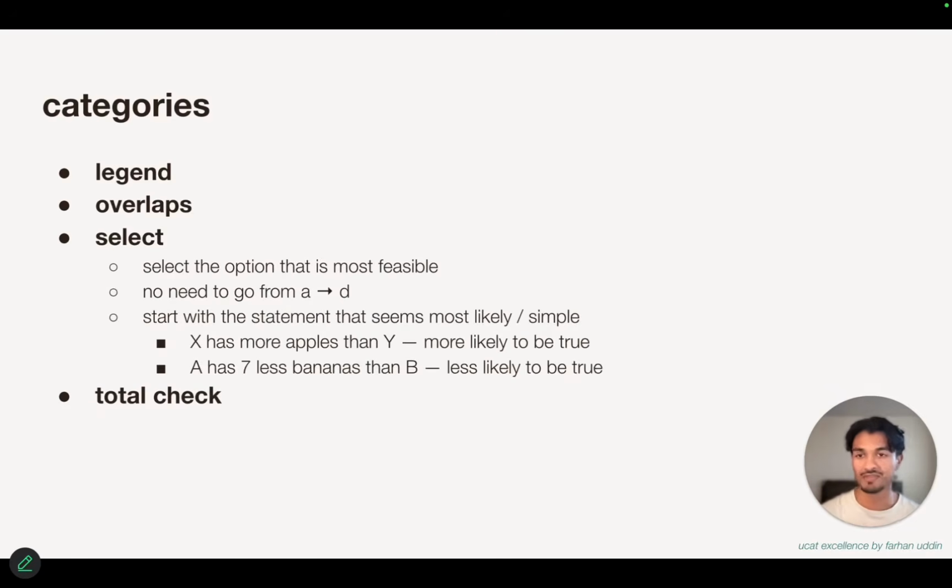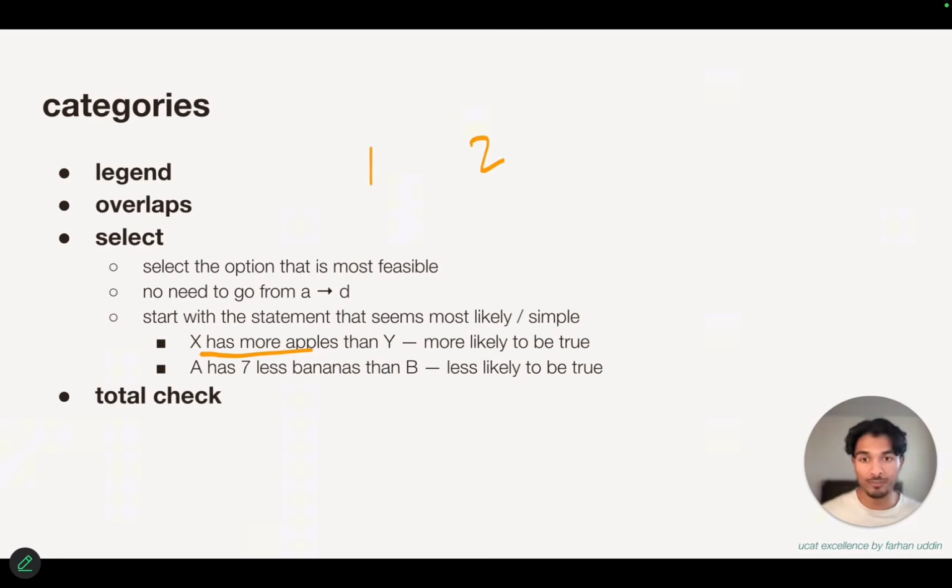And 3, now select. So for which of the following is true questions, there is no need to go from option A to D. What I want you to do is select the option that seems most feasible. Start with the statement that is most likely to be true or the most simple to prove. For example, X has more apples than Y is much more likely to be true than A has 7 less bananas than B. The reason being is because for this to be true, X can have 1 more apple,